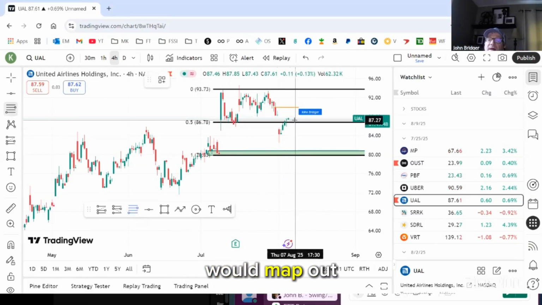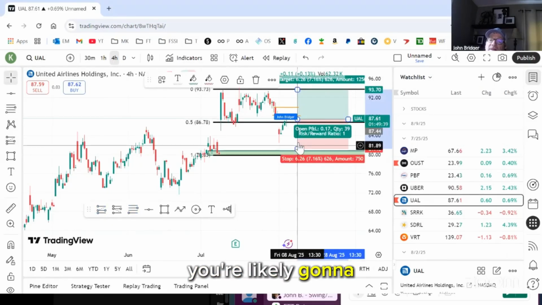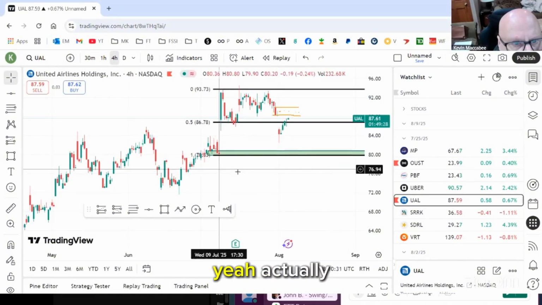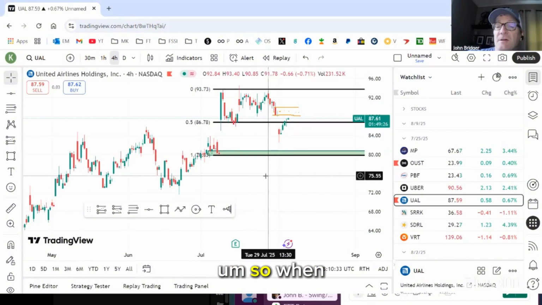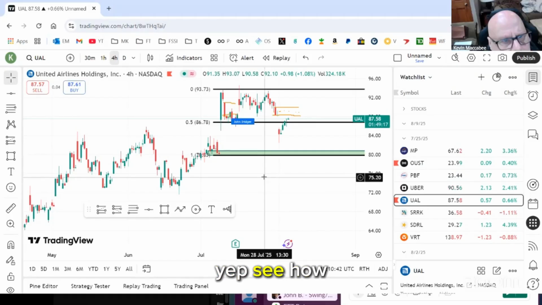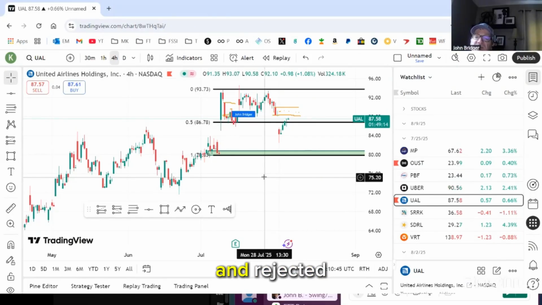What I would do is map out this resistance zone right here, so you know that you're likely going to get some resistance along with this candle gap fill here. Actually, pause right there for a second. When I'm talking about resistance, I'm going to give you an example. See this candle right here? See how right here price came in and rejected off of the midpoint. So what I do is I'll